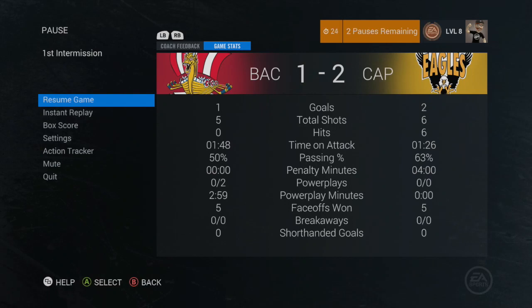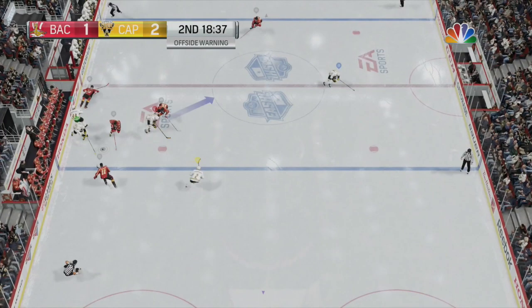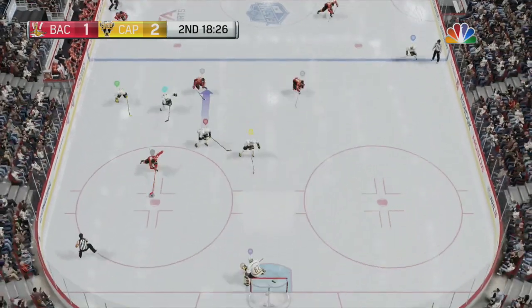So the shots are 6-5. Time on attack pretty close. Passing percentage pretty close, but we have given the other team 2 power plays to start, and faceoffs are a 5-5 split. So as we move on to the second period here, they do come up with a loose puck